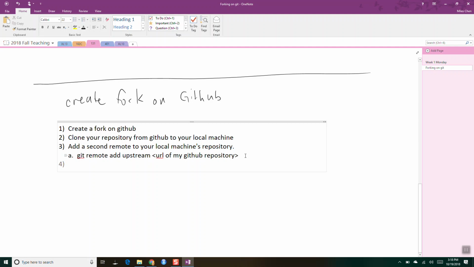And now you can push local commits to your forked version on your GitHub. But then you can pull changes from my repository